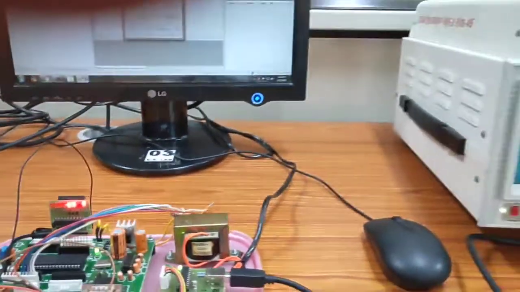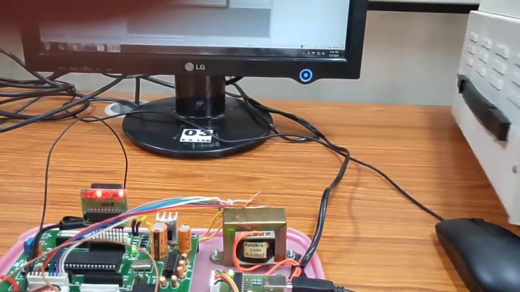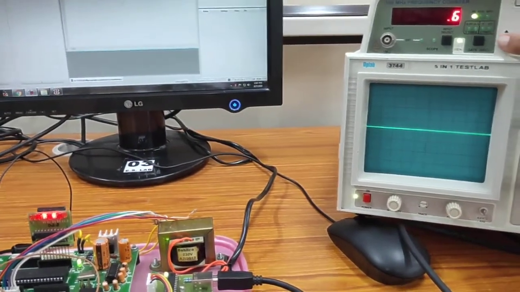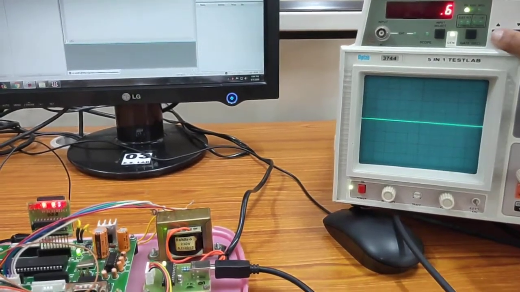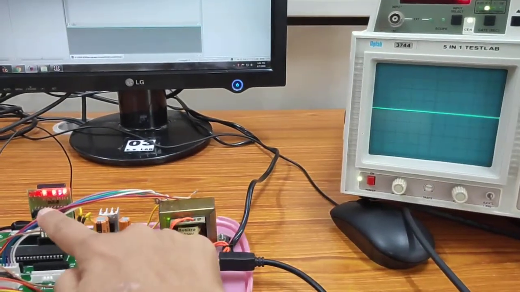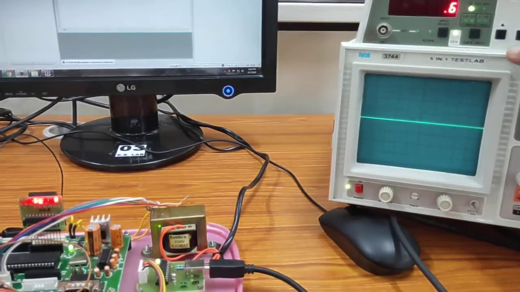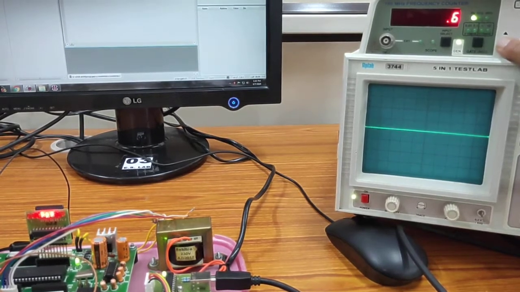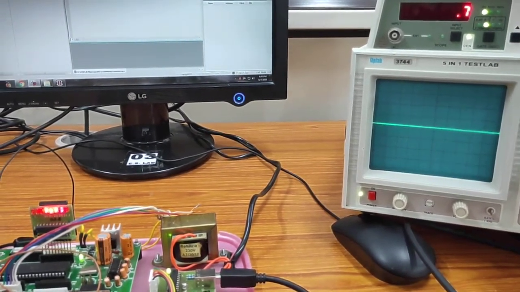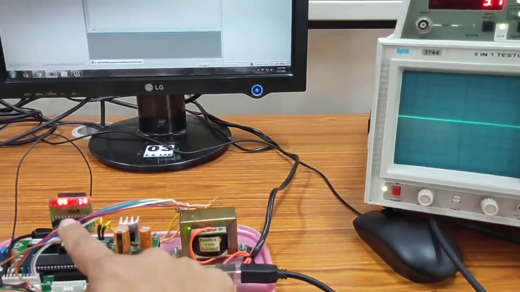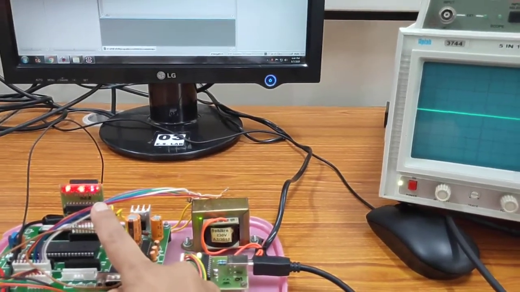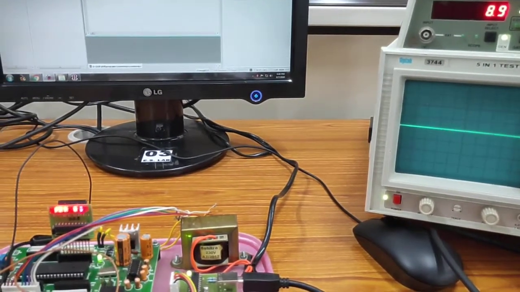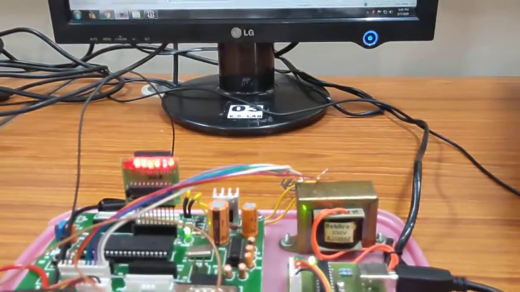But suppose on this function generator I now increase the frequency. Do you see my right hand? I am just increasing the frequency, and observe over here also. As soon as I increase this frequency, the counting starts at a much higher rate. Do you see now that the lights are going very fast, because the number of events coming in are faster? If I still increase the frequency, you will see that they are still faster.